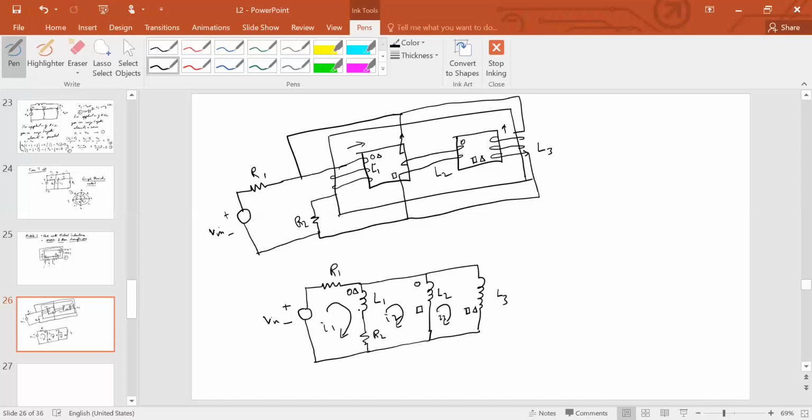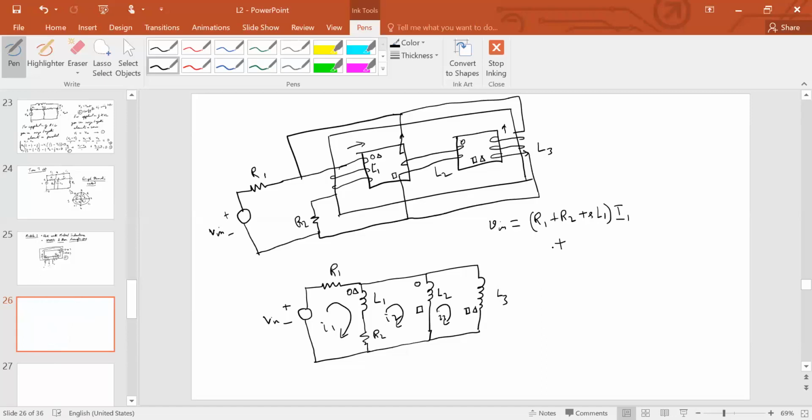So I will straight away go to the Laplace domain and replace all these L's with S times L, and the R's will remain as they are. So the first equation, when I'm considering the first loop, is going to be as follows. V in is equal to, so again I can use the same technique as before without considering the mutual inductances, because those I have to consider separately. So what I'm going to do here is R1 plus R2 plus SL1 times I1